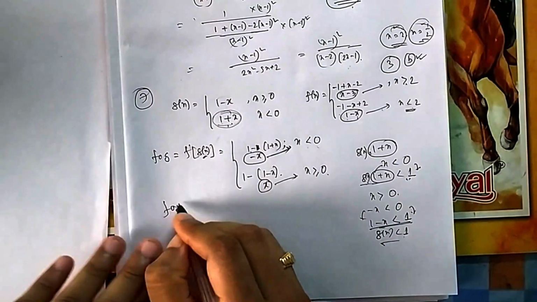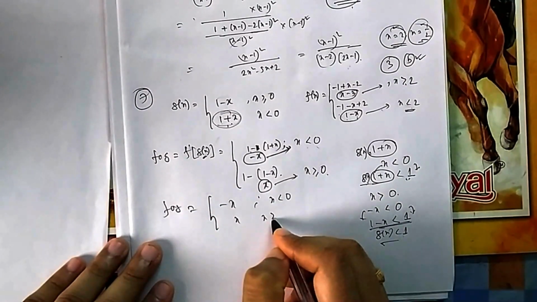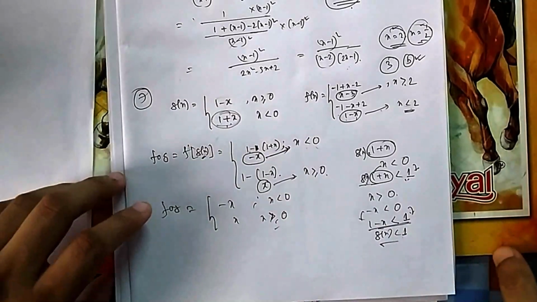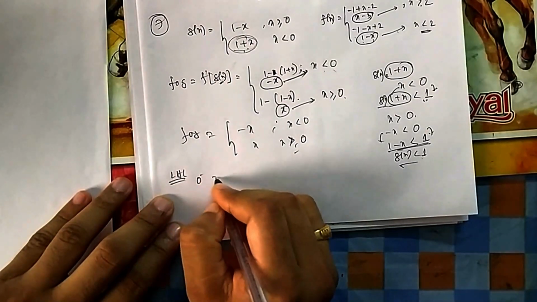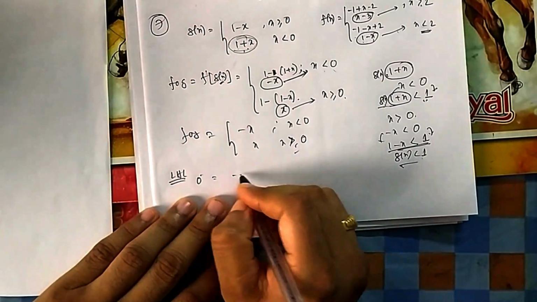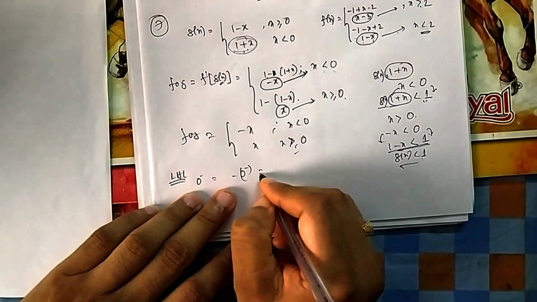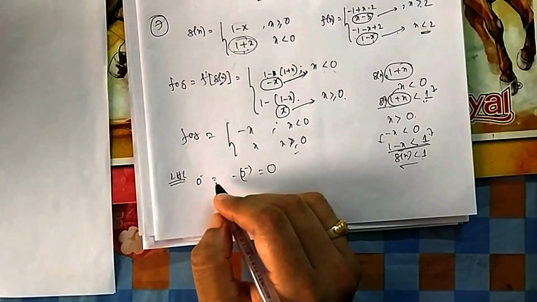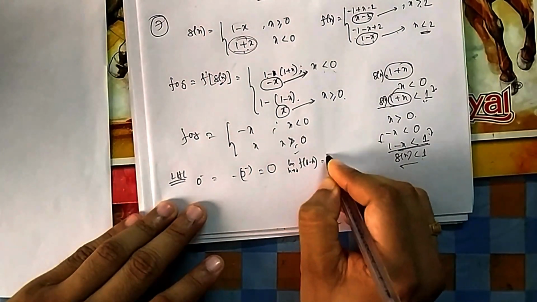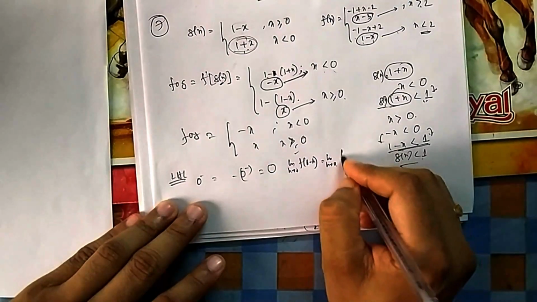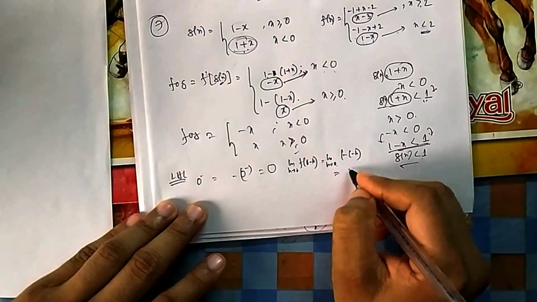Now this function fog is minus x if x is less than 0, and plus x if x is greater than 0. Now you have to check whether it is continuous, discontinuous, or everything. So LHL, that means 0 minus. If we apply 0 minus, this branch comes in, limit x tends to 0 minus, which is 0. You can use limit h tends to 0, f of 0 minus h, which is limit h tends to 0, and which function will you take? Minus x, instead of minus x you put minus h, so plus h. If you put 0, it is 0.